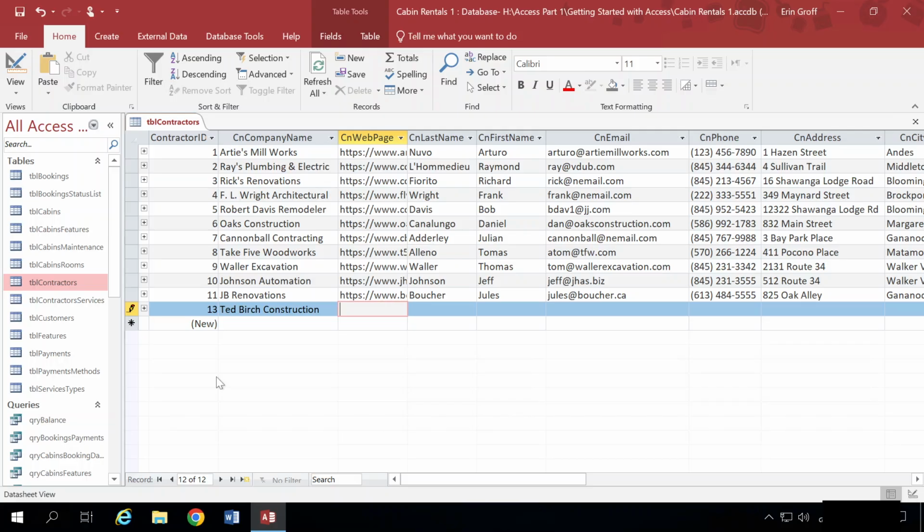So in the table in step letter D, we're going to enter the following values, pressing enter after each value to fill in the rest of our new record. So our web page is going to be https://www.birch.com. Then we're going to press enter to move over to the last name field, which is Birch. Enter again, and we have Ted. The email, ted@birch.com. Phone number